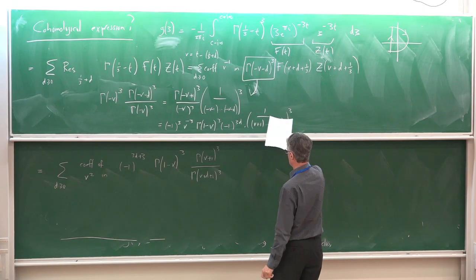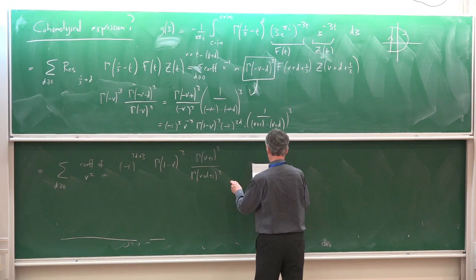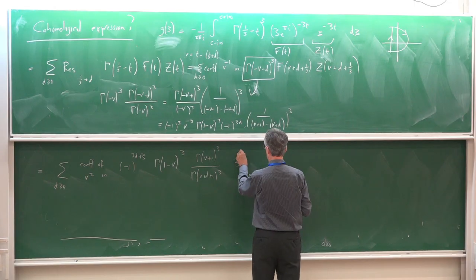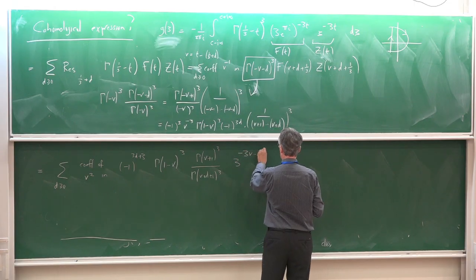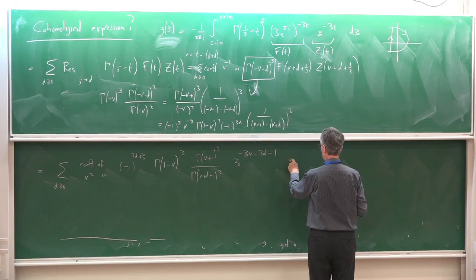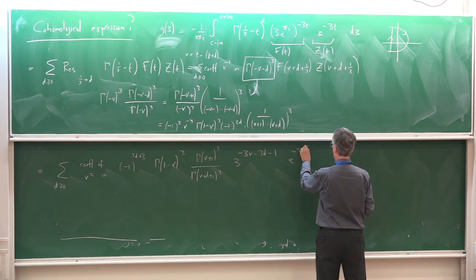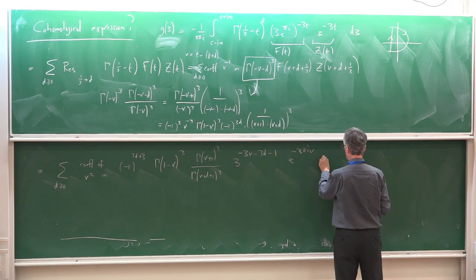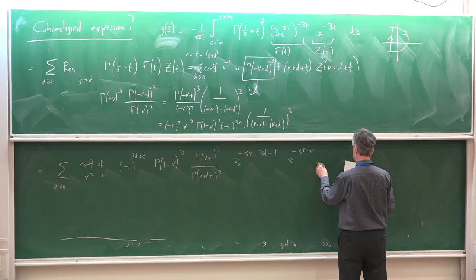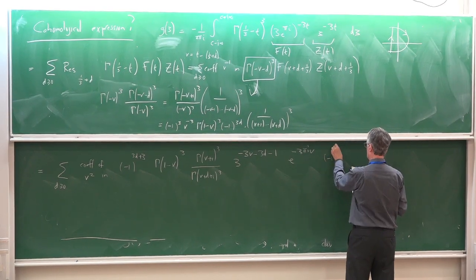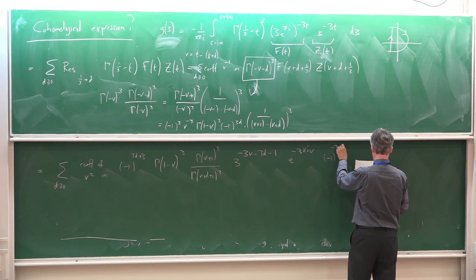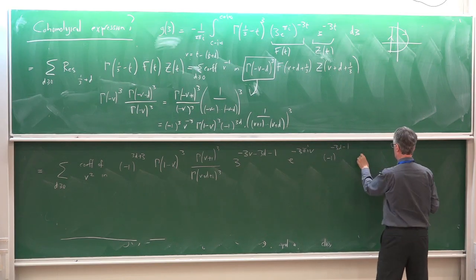So I just put this one back like this. 3 to the minus... okay, so minus 3d minus 1 times zeta to the